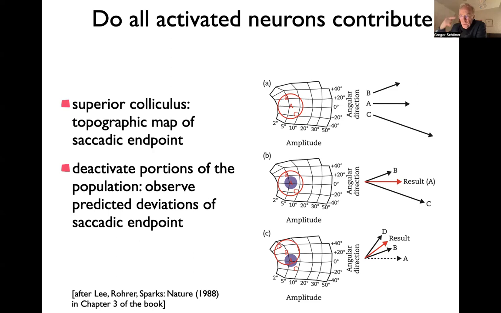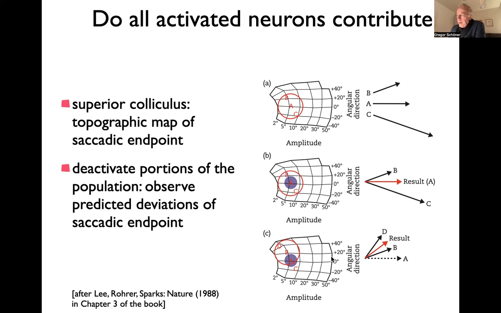You insert this little cooling liquid going through. When they cool, they can't fire. And when you do that, you can look if you're still able to get the correct movement that would be encoded here by just activating this and that subpopulation,